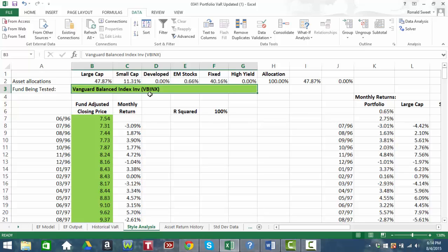VBINX. You need to do the exact same thing I did here, except you need to find another mutual fund. You can go to Vanguard.com, USA.com, Fidelity.com, any of the major mutual fund stores, and you're looking for a mutual fund that includes several of these asset classes. And the way you find that is you look for the word, as we have here, the word balanced. It could be an asset allocation fund, but they usually have those type of words in it, so you can tell that there's more than one asset